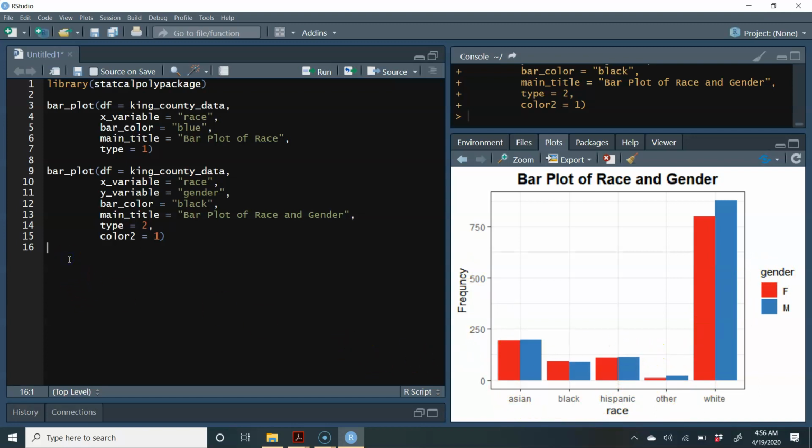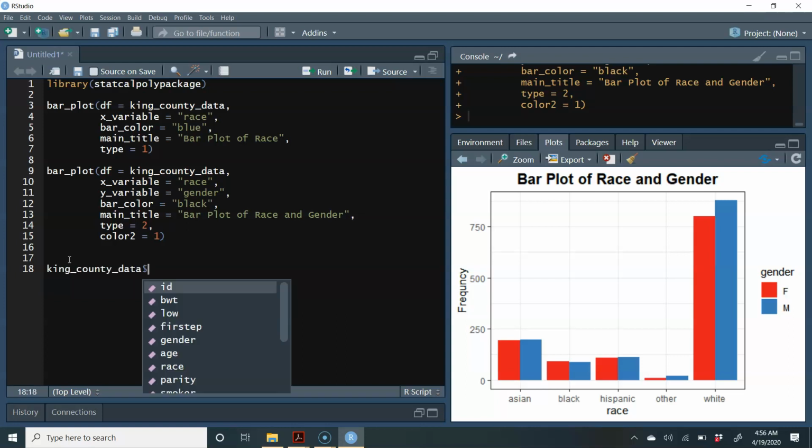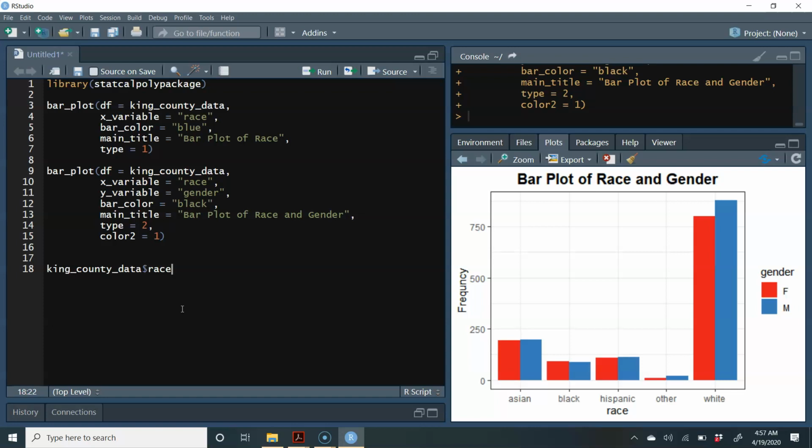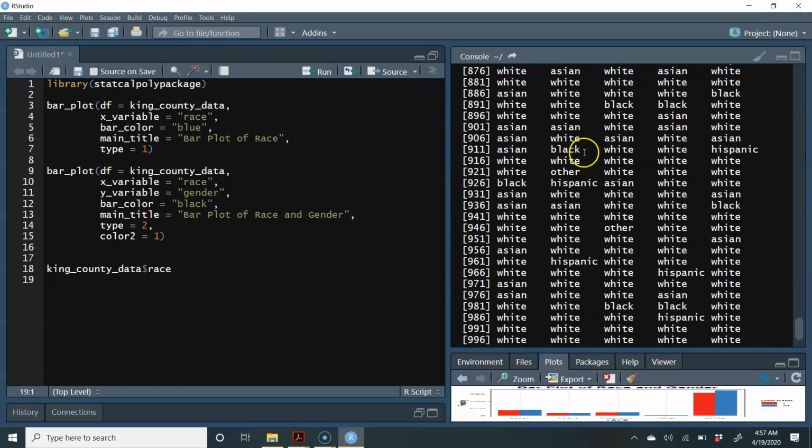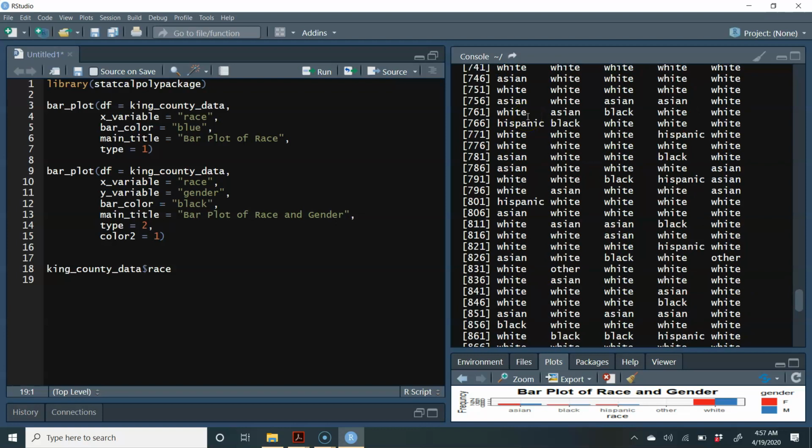So I could end the video here, but I want to make the next video a little bit easier for us. So one of the things I want to teach you all is ways for us to actually access certain variables within our data set. If I do King County and I do $, okay, that's shift 4 for Windows. I don't know what it is on Macs. So we do shift $, and let's say I'm looking at race, right? And I press Control Enter, right? What that's going to do, if I move this down a little bit, I can see each individual's race, okay,